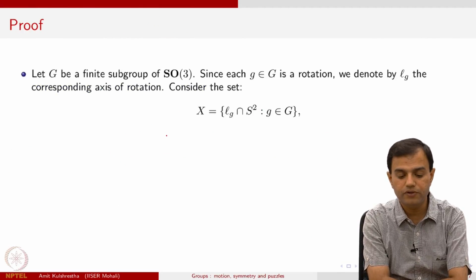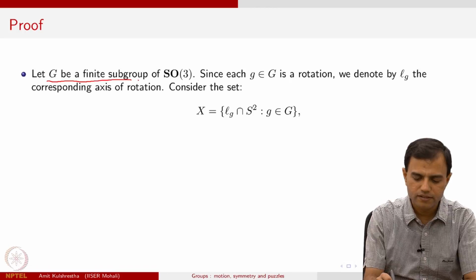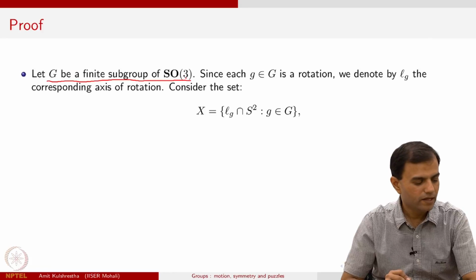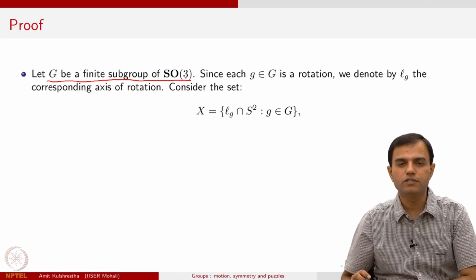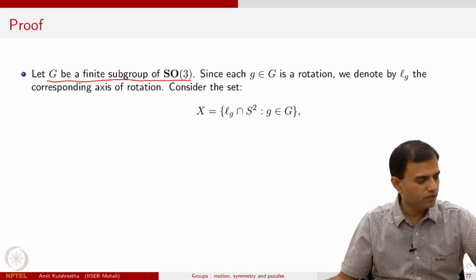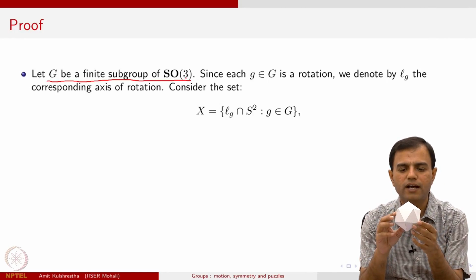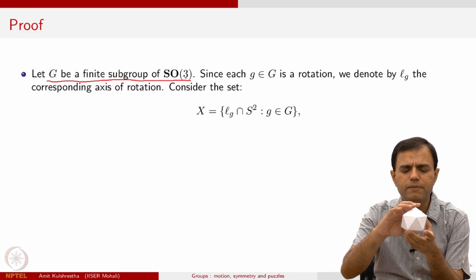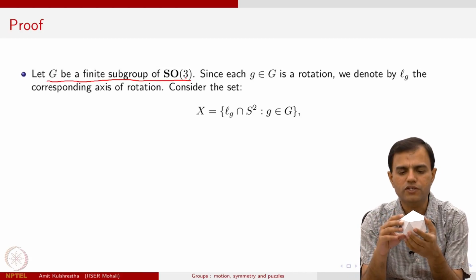So I have to start with an arbitrary finite subgroup of SO3. Now what is there to start with? Well, we can have what are called poles. We can have poles of rotation. So what is that? I'll just take one of these objects, say I take this, and I imagine that I have inscribed it inside a sphere. So these vertices will be touching the sphere, right? Faces will be slightly away from them, only the vertices will be touching the sphere. That's the meaning of inscribed.